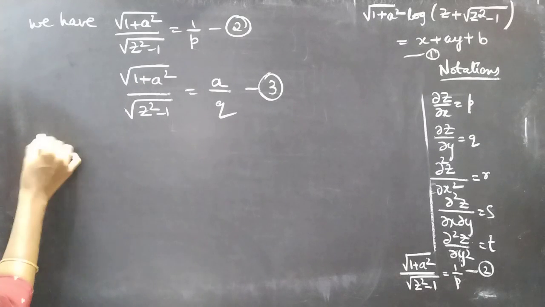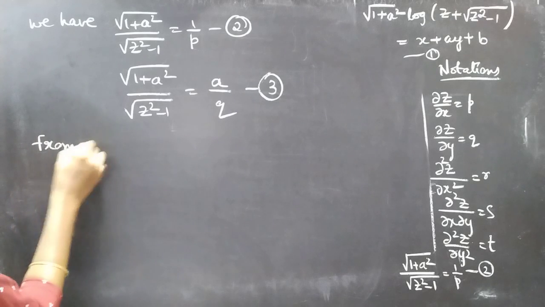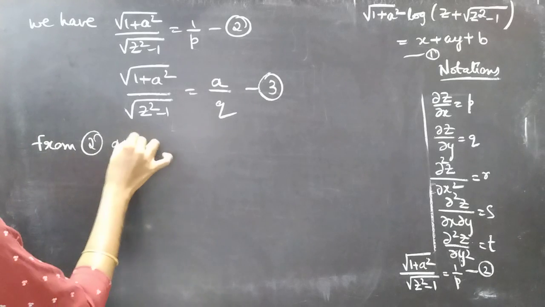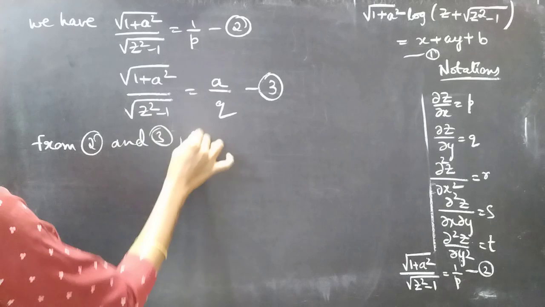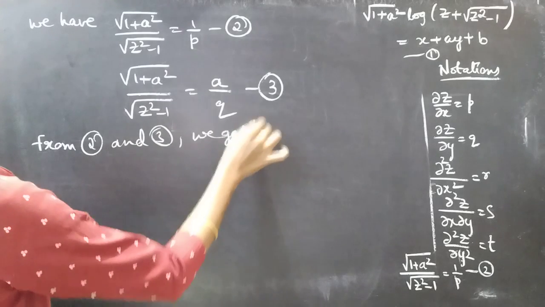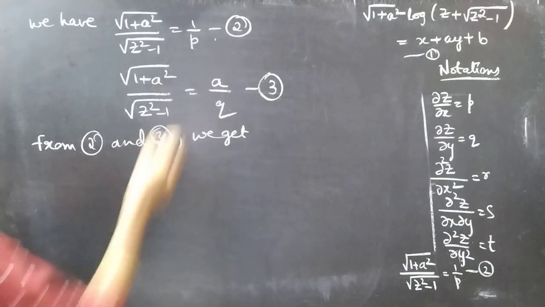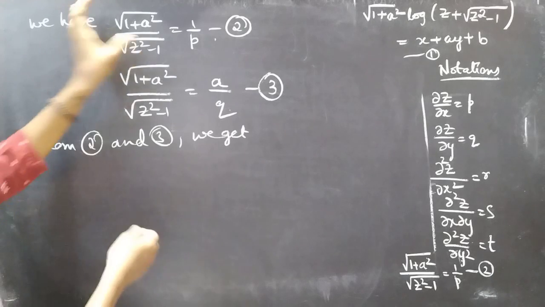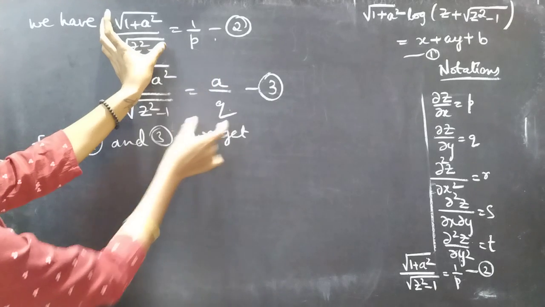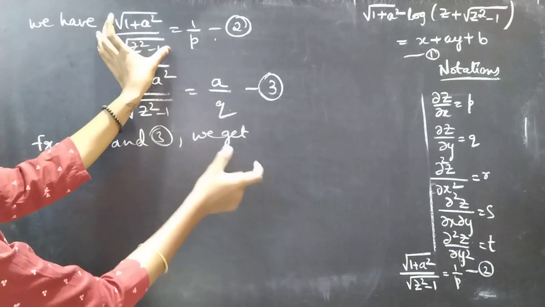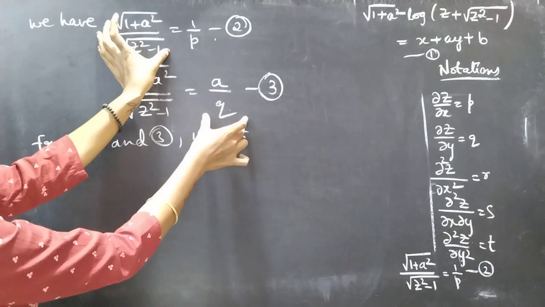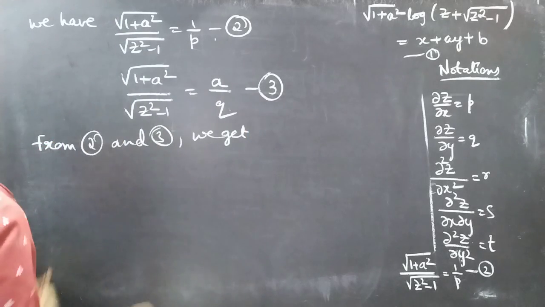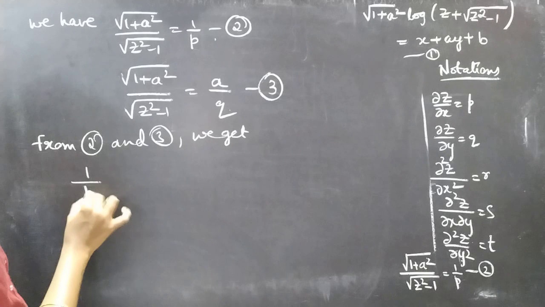So from 2 and 3 we get, you can just equate these two, right? Since this term equal to 1 by p, the same term equal to a by q, the same term equal to 1 by p, a by q also. So we'll just equate them